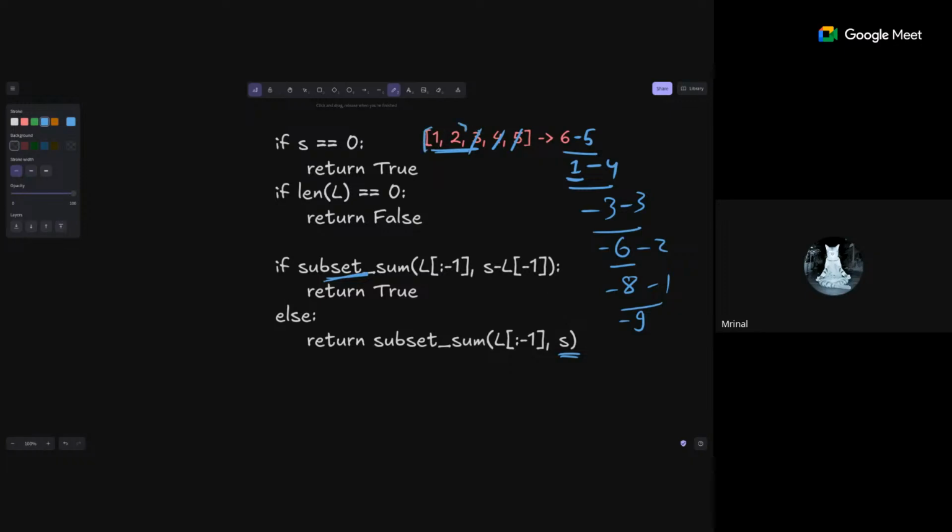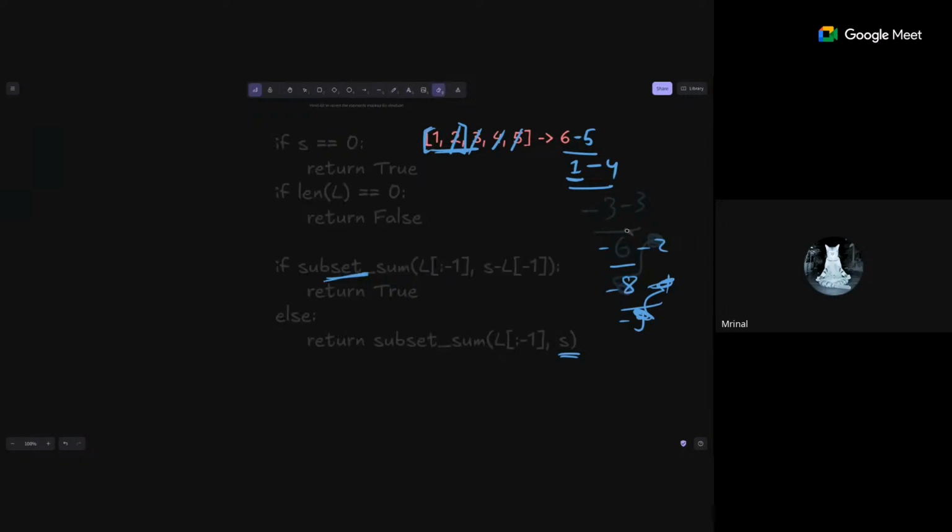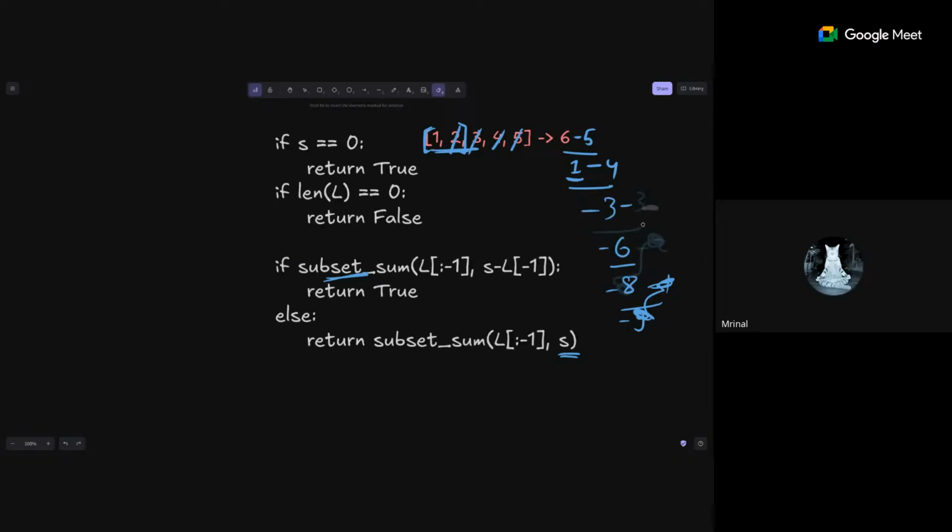So let's see, this was the list. It will remove the last element and it will remove this as well because this is never done. So it will now try to look for 6 in this part only. Everything will be undone up to here, 3, and then we are just removing one element, you can say, from the middle and we are searching for that. If that is also not doable, we will remove one more element